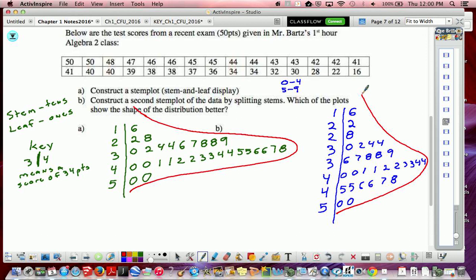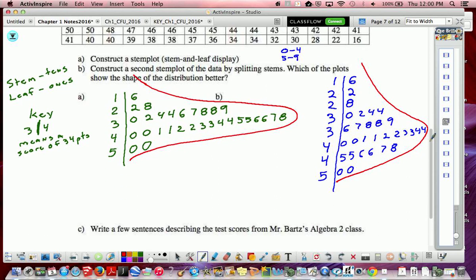Does that show the skewness a little bit more? Yeah. So which of these two shows the skewness a little bit better? Okay, the split stems. Sometimes it's very good to split the stems. You'll see the distribution better. So which plot shows the shape of the distribution better? The split stems show that